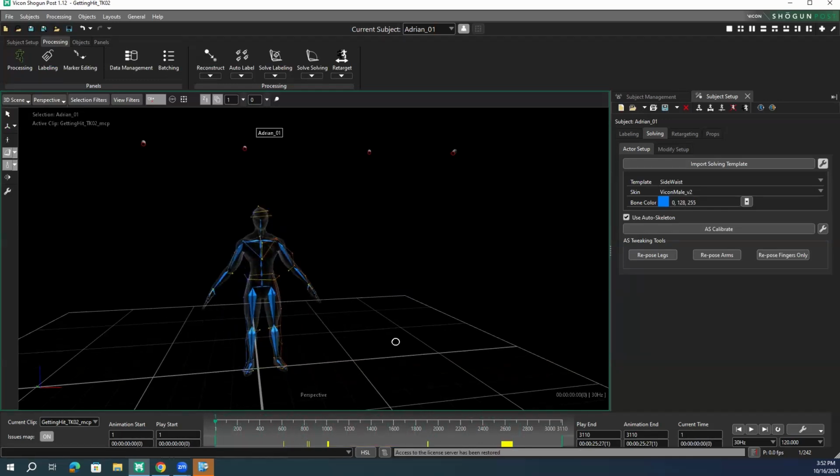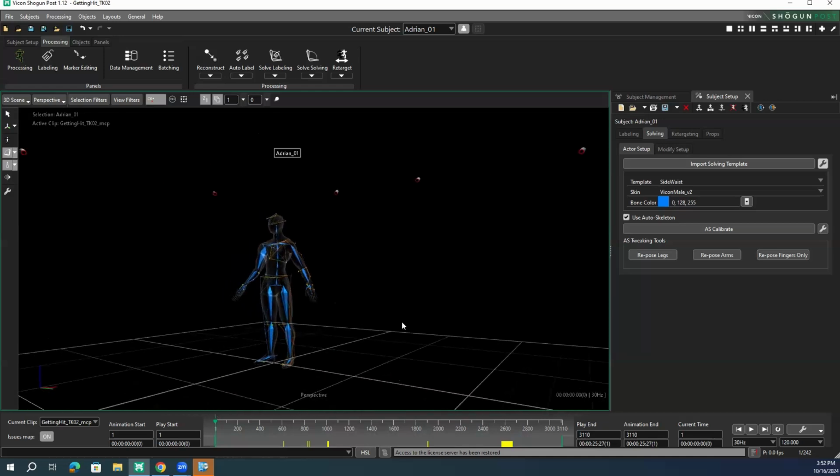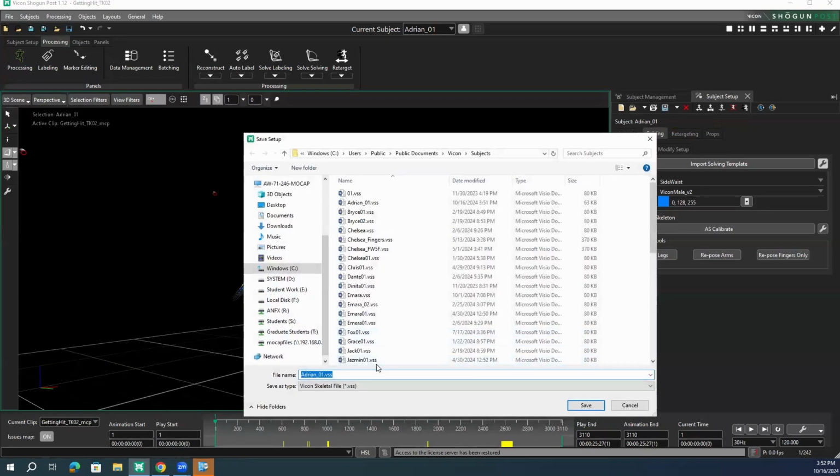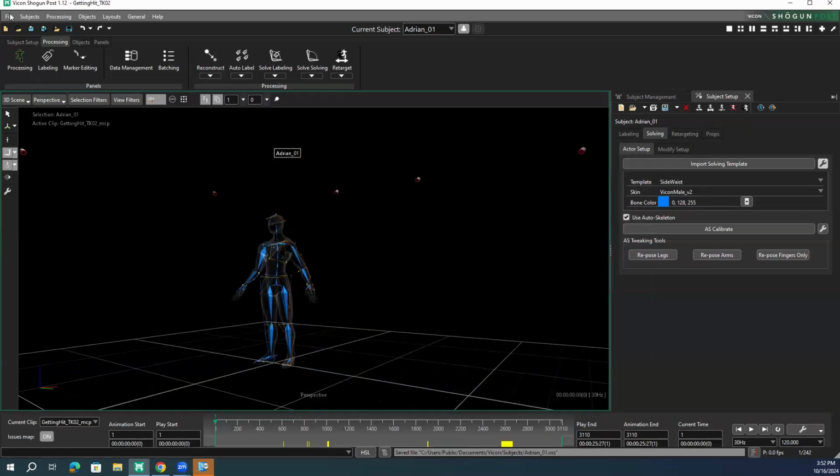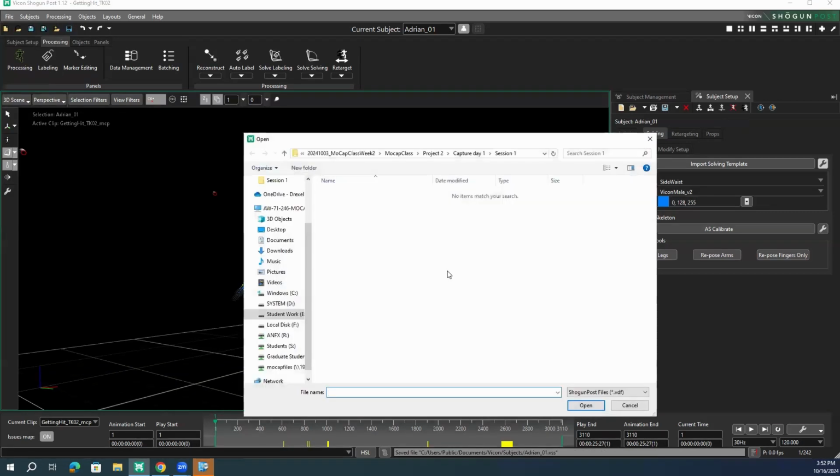And we'll have a much better result to export. We can use our standard export to FBX to use in other software. Also, we can use the export button here in order to save out a VSS file, a Vicon solving setup file that we can use in future live takes as well as Vicon solves. So if I save this, Adrian VSS, this is in Vicon subjects. I'll go ahead and replace that,